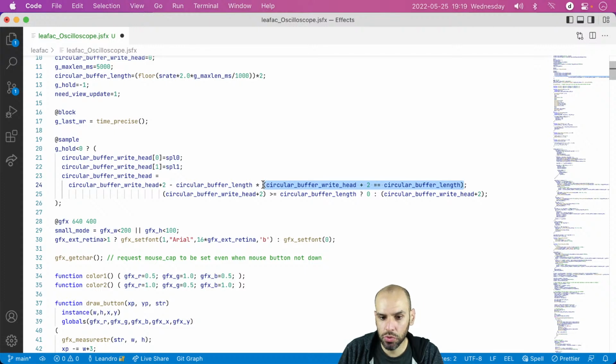That's just how true and false are represented in JSFX, and in C as well, incidentally. But it turns out that we can use this number for arithmetic. So we are misusing the Boolean as a regular number, and we multiply by this length. So if this is false, this is going to be 0, right? If this is false, the whole thing is going to be 0, and you just get an update to the